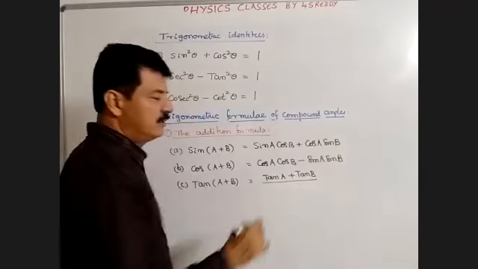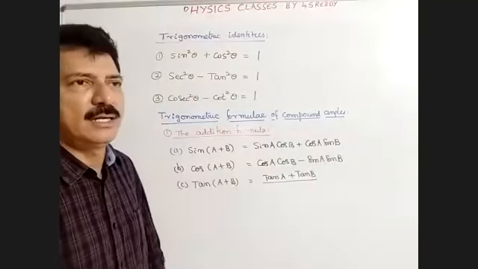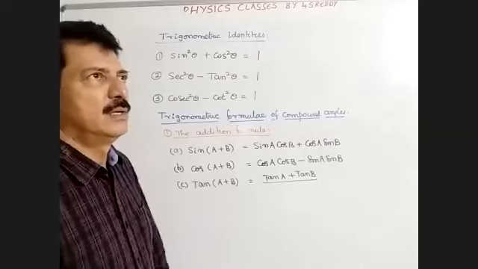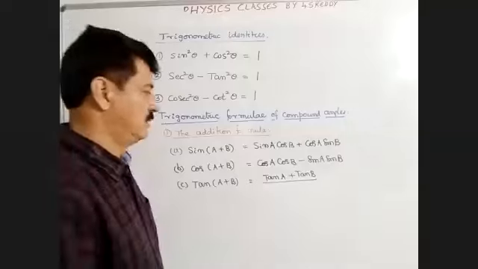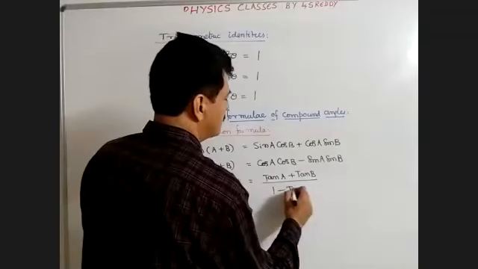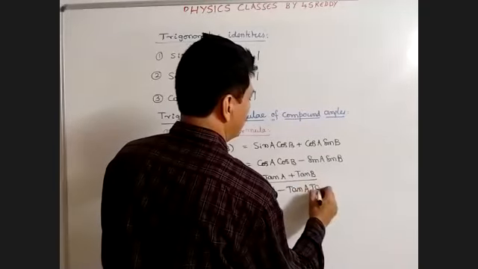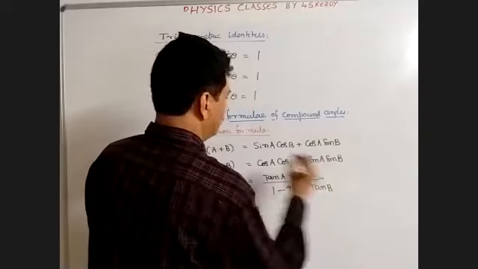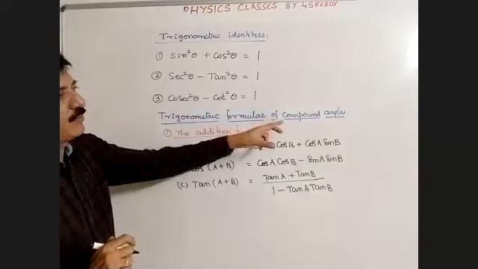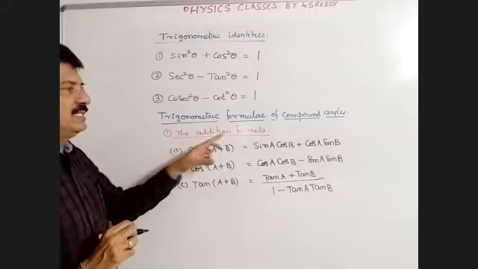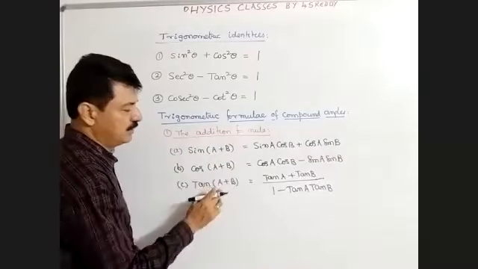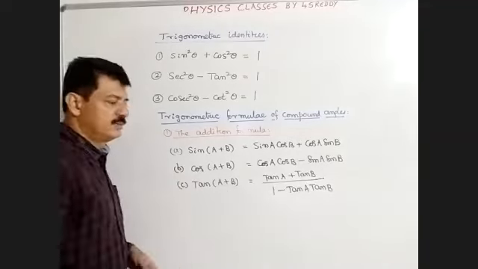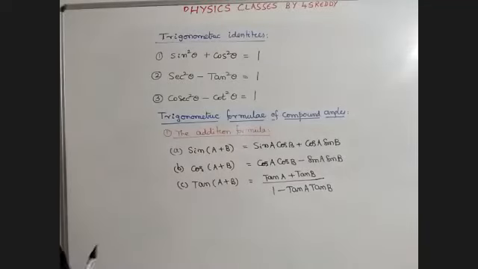Actually, we learned all these in the video lectures in mathematics. I hope you had them in 10th class? Yes, sir. Very good. These are the trigonometric formulas of compound angles. The first one is the addition formula, where we are adding two angles, A plus B. The second one is the subtraction formula.